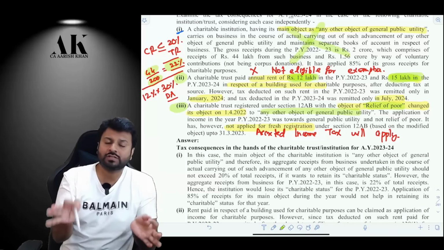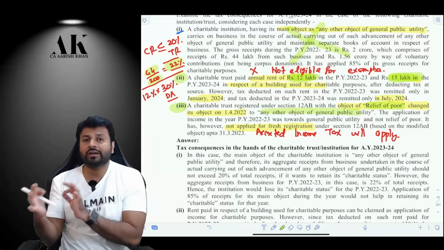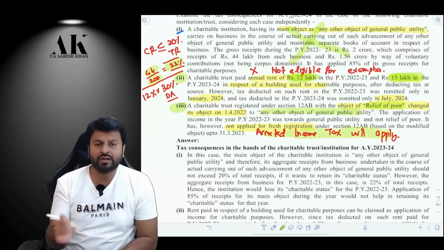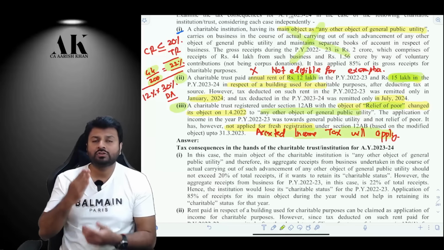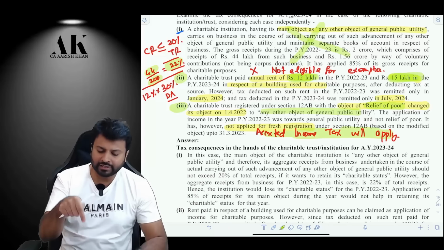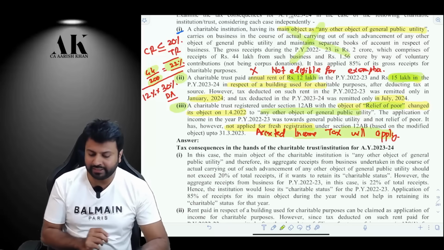Okay, and your registration certificate will go, and therefore on you accredited income concept will be applicable because you are no longer a trust now. You are losing to be a part of trust now. So now you will be liable for what? Accredited income as per the provisions of section 115TD as per this question.